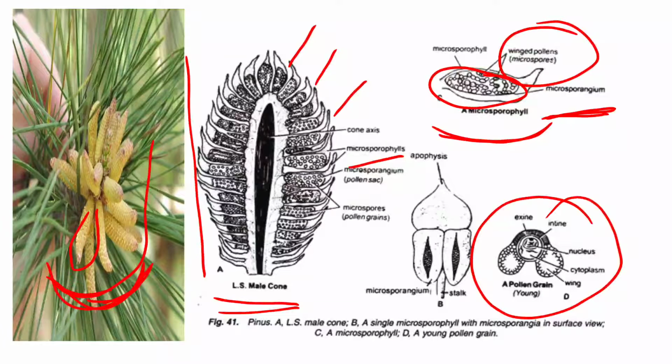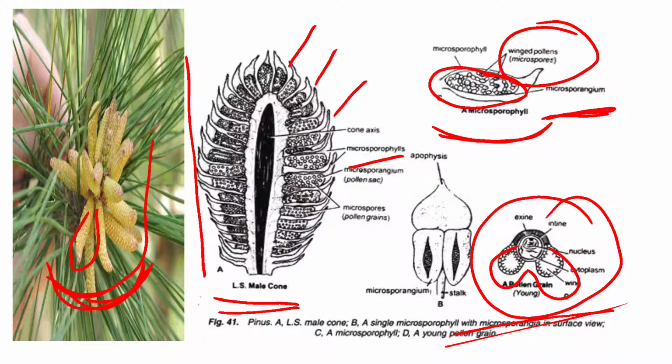You can see here, these are the pollen grains of Pinus. This Pinus plant has a special kind of pollen grains. The pollen grains in case of Pinus are known as winged pollen grains. The pollen grain has two wings like this. While explaining the reproduction in case of Cycas, I will explain in detail about the formation and structure of this winged pollen grain.